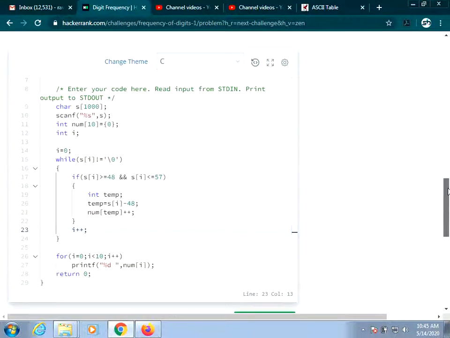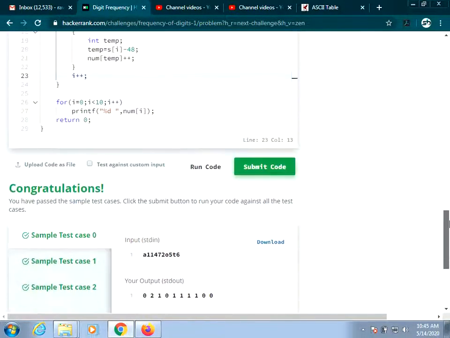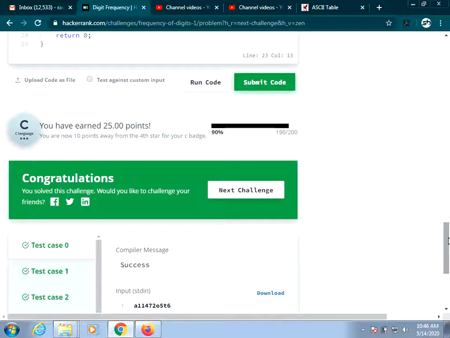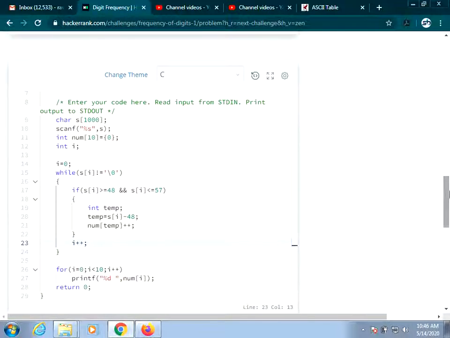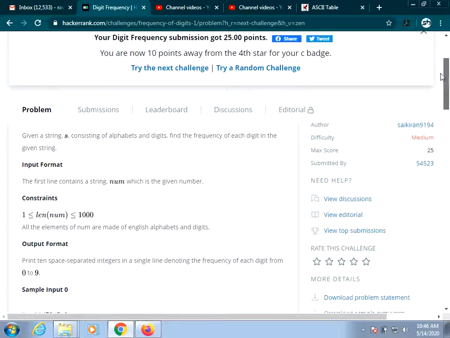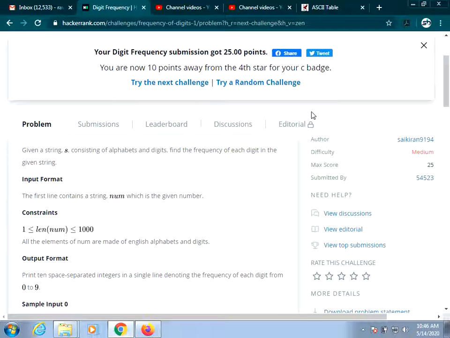See, this is the code to get the frequency of digits. Let's submit the code as well. Okay, the same code can be written in dynamic programming also. I have just written it with static code using basic arrays. So this is your challenge 14 regarding